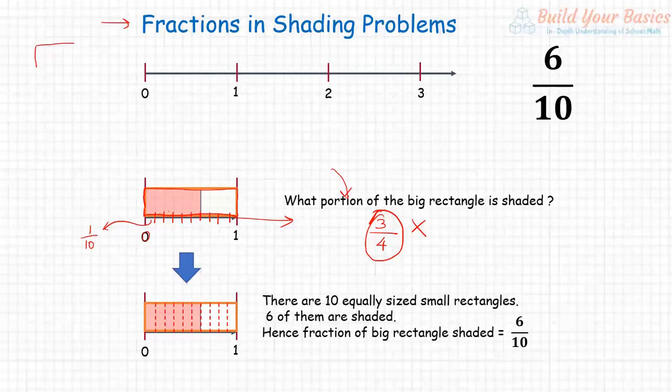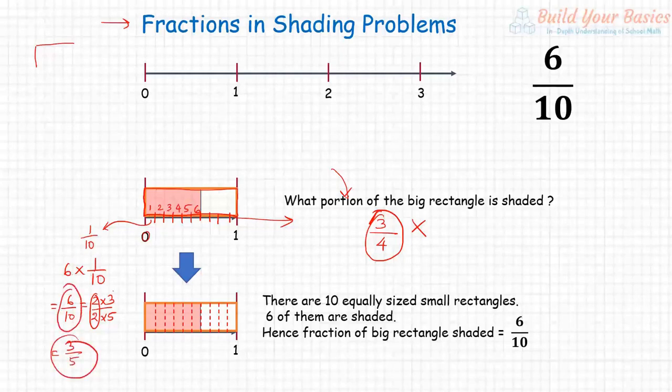1, 2, 3. So this is the first part, second, third, fourth, fifth, sixth. So I am taking 6 such 1 by 10. So 6 times 1 by 10. So that is 6 by 10. Now they have a common factor. I can take that out if I want. Then I can also say it as 3 by 5. So it can be called 3 by 5, or it can also be said as 6 by 10. Both are of the same value. So that is the exact value here.